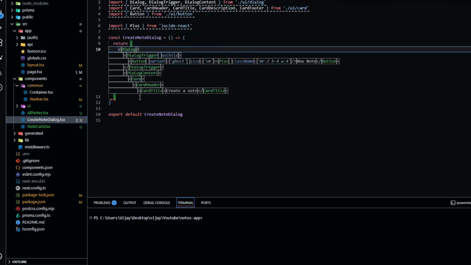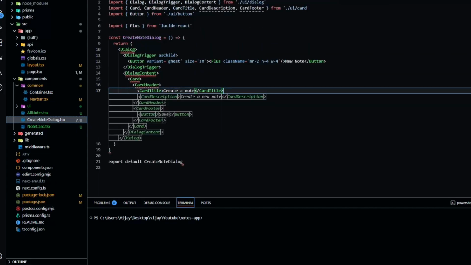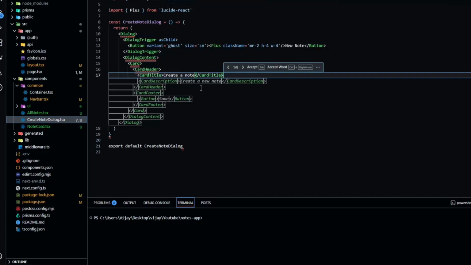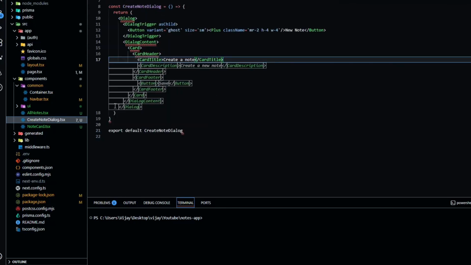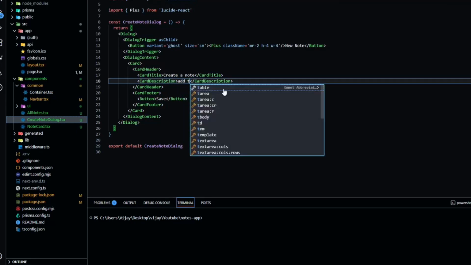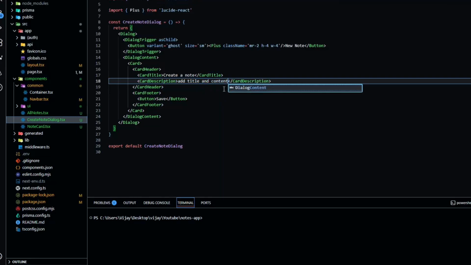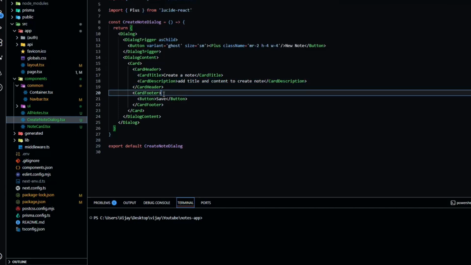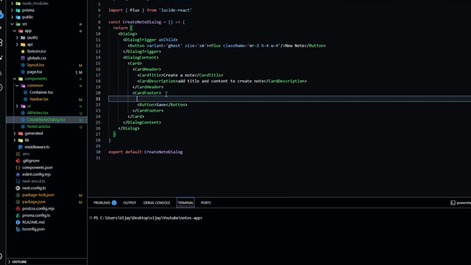Then DialogContent. Then Card. Okay, CardHeader is going to be perfect. Then we have CardDescription: create a new note. Okay, let me change the description. I am going to change the description: I will add title and content to create note. Next, CardHeader will close, CardFooter, then Button is going to be Save. We are going to add another button